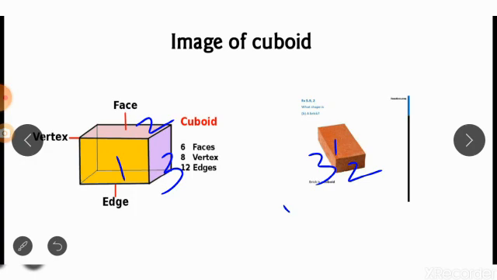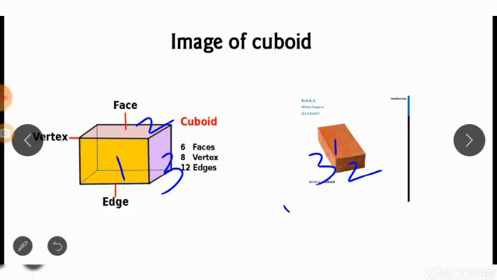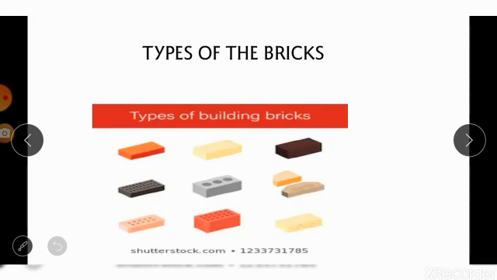You already know that a vertex means the corner of a shape, and the line of each side is called an edge. So the properties of a cuboid are similar to those of a brick. Therefore, we finally find out that the brick also has 6 faces. Okay, and next we move on to types of bricks.